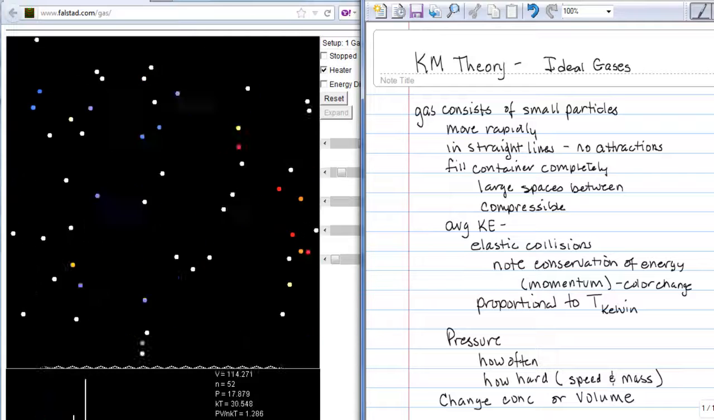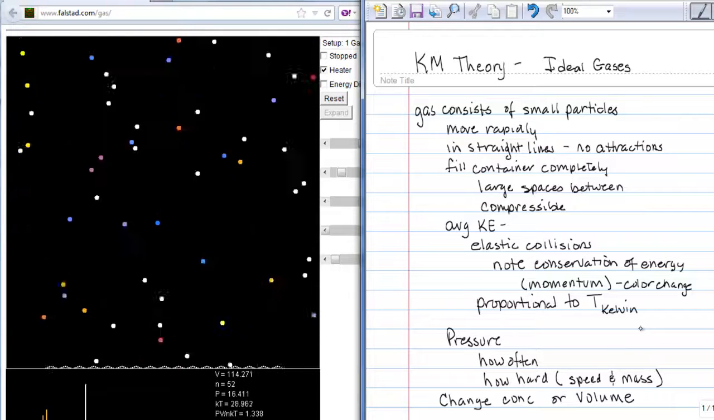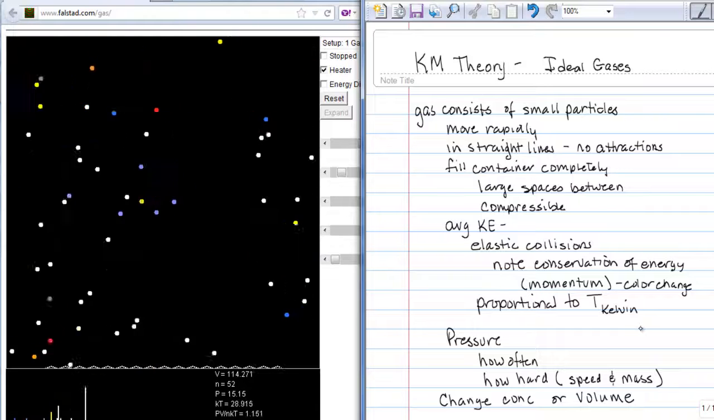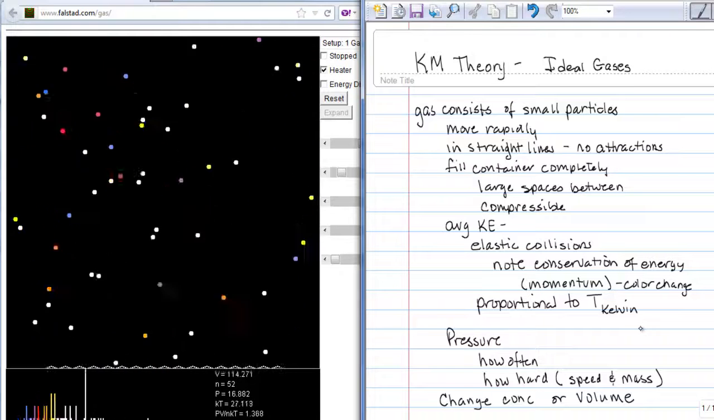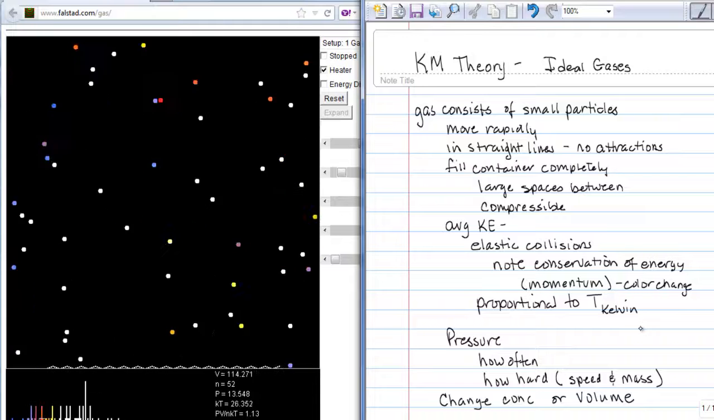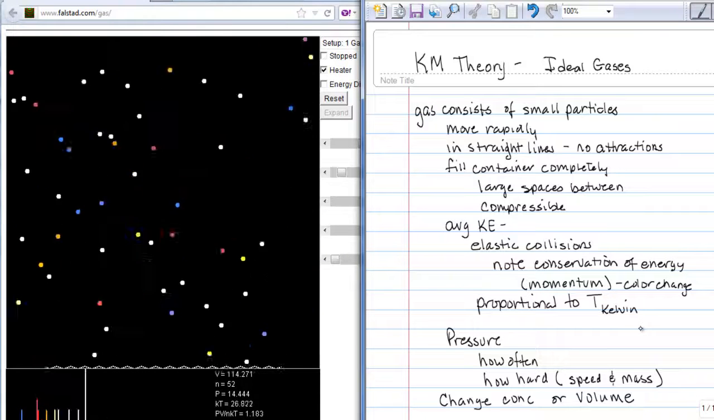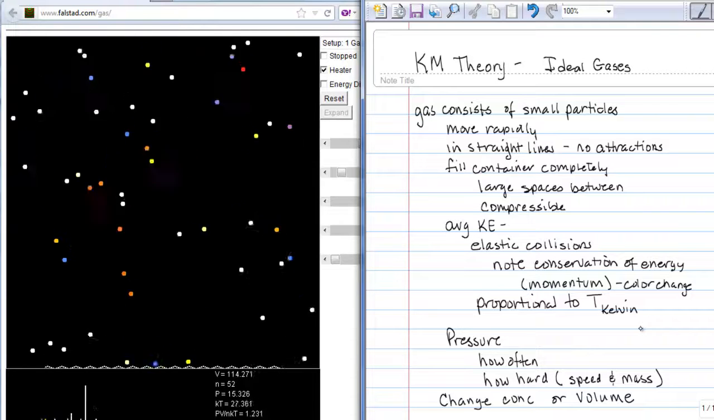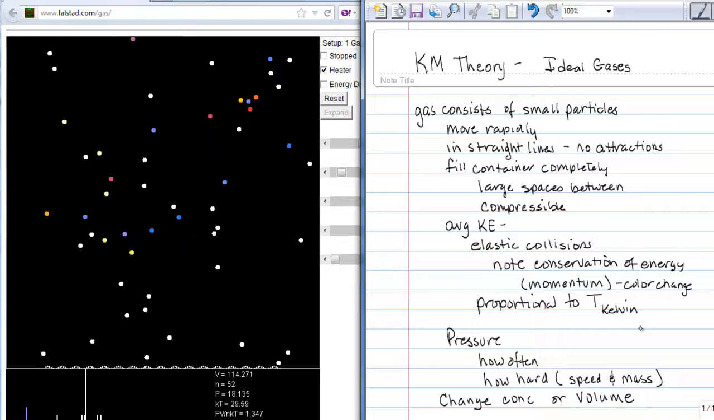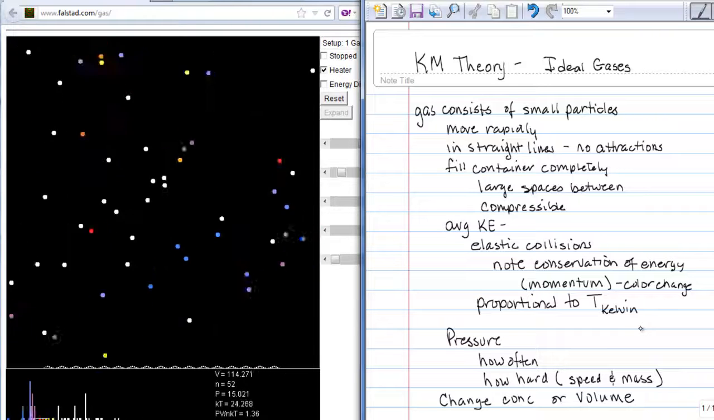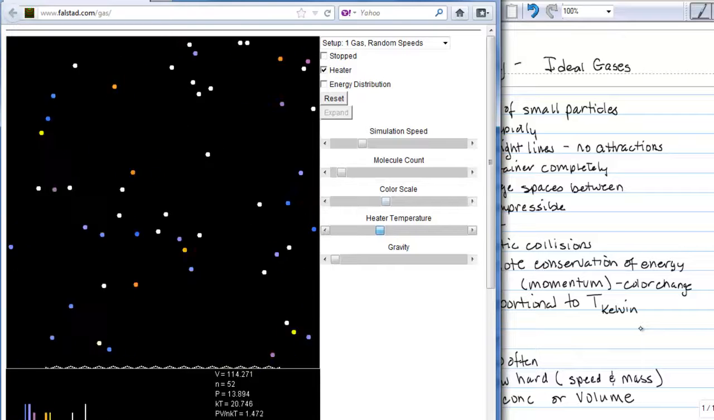You should notice that they are moving in straight lines and that they have elastic collisions, and you may note that they change color when they hit. The color has to do with the speed. If you look down at the bottom, you'll see blue, purple, red, yellow, and white. The white ones are moving the fastest, and they have what we call the most kinetic energy. The blue ones are moving the slowest. If I slow this back down again,